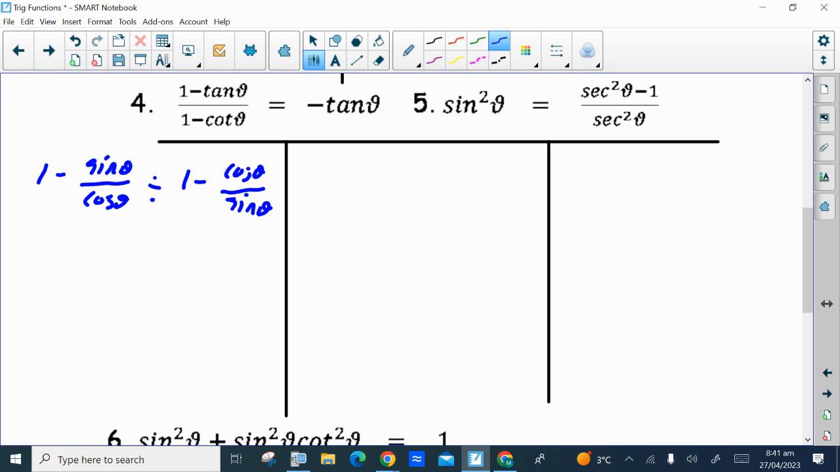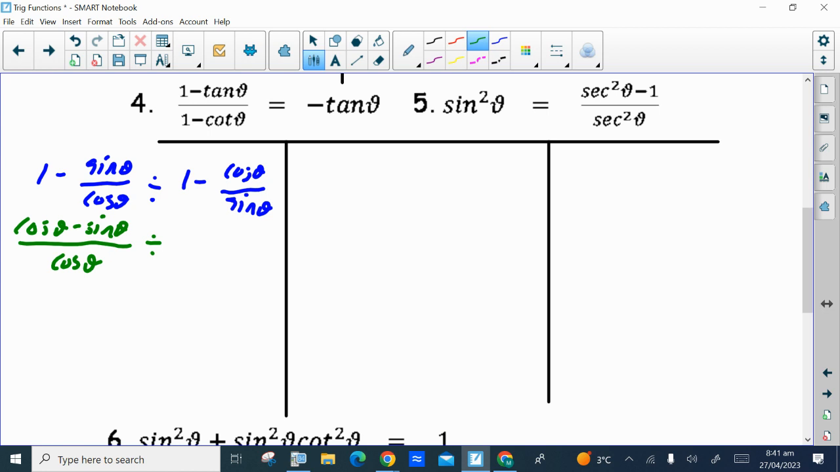And so that first expression, we can combine these two terms together by getting a common denominator of cos theta. 1 would be cos theta over cos theta. So we'll get cos theta minus sine theta all over